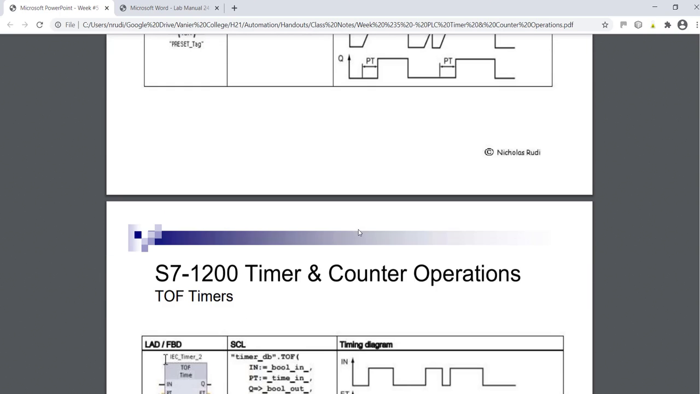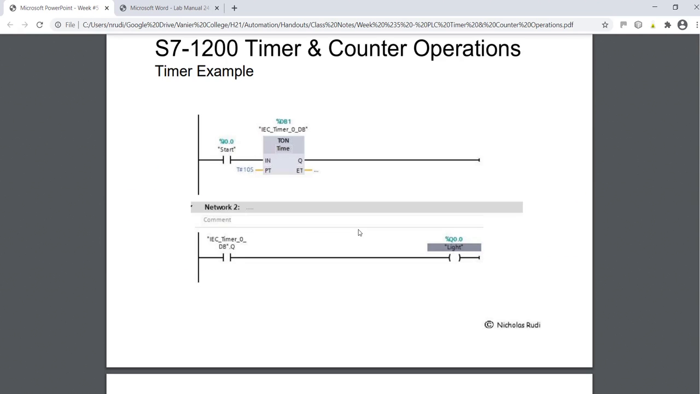Before we do that, we'll take a look at the actual implementation of a timer. So in order to implement a timer, we would put a start button connected to the IN. We would put a time. In this case, it's 10 seconds, and the output would be connected. We'd also link the Q output of the timer, that'll be a contact, and that'll be connected to